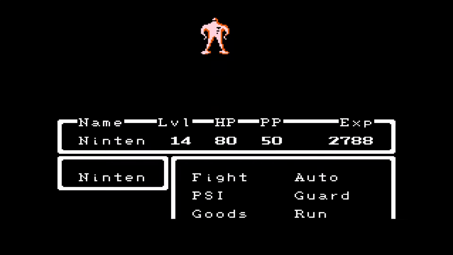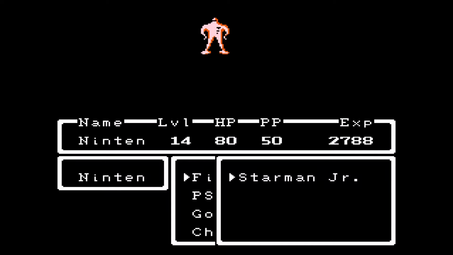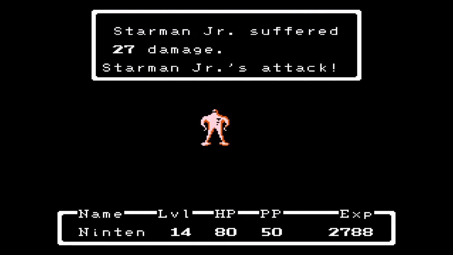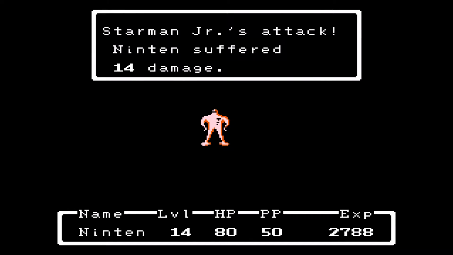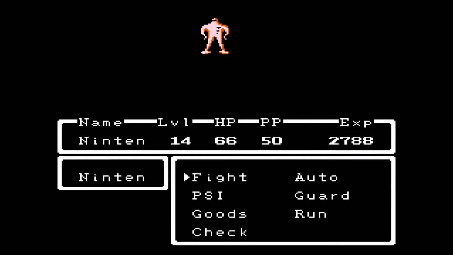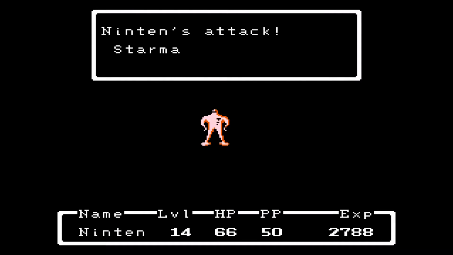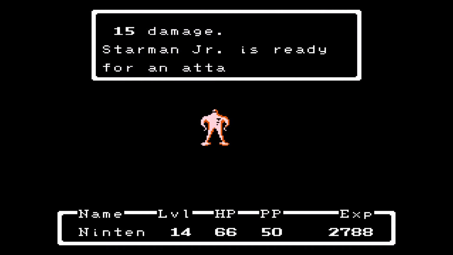Starman Jr. drew near. Seem familiar? Yep, the Starman army is in this game. And as you can see, this guy does quite a bit of damage. What you want to do is you want to just basically stall him and cross your fingers that he is going to launch PSI Beam Gamma. Because when he does...